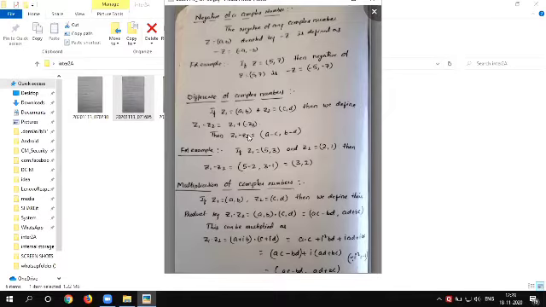Then z1 minus z2 equals what we get here. The z1 value is a comma b, and minus z2 is minus c comma minus d, since the z2 value is c comma d. The same as the above definition: minus z is minus a comma minus b, when the z value is a comma b. In the same way, the z2 value is c comma d, then the minus z2 value is minus c comma minus d.